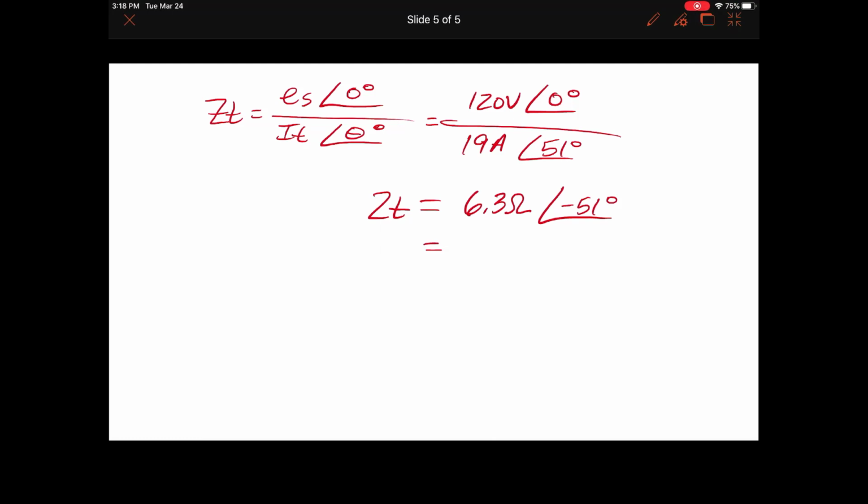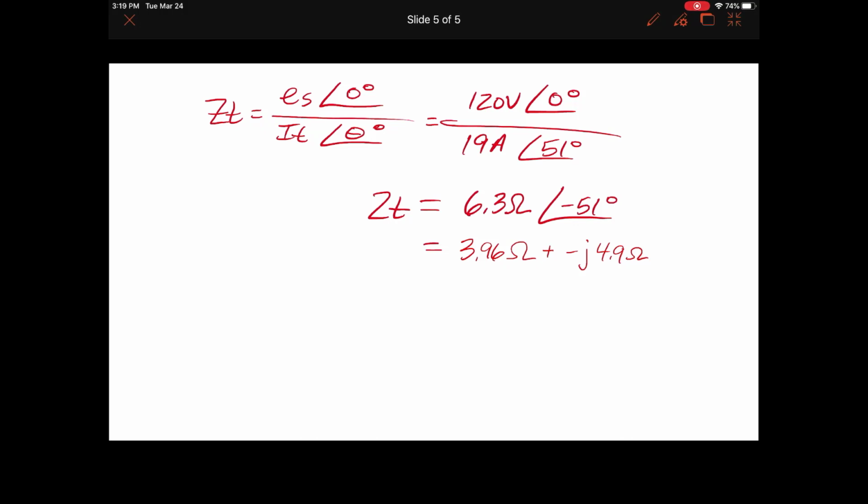Okay, coming back to this then, we've got our value in polar. We're going to represent it now as our rectangular value, so we're going to have 3.96 ohms, and then our imaginary value is minus j 4.9 ohms. So if we were to actually look at representing the impedance triangle from this parallel circuit, we'll be